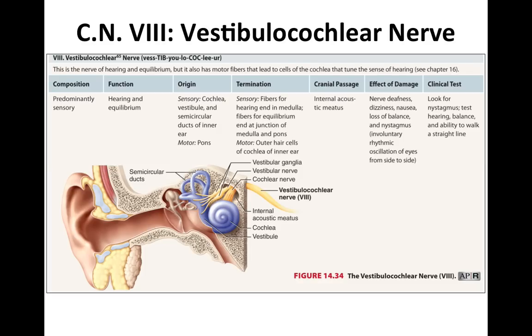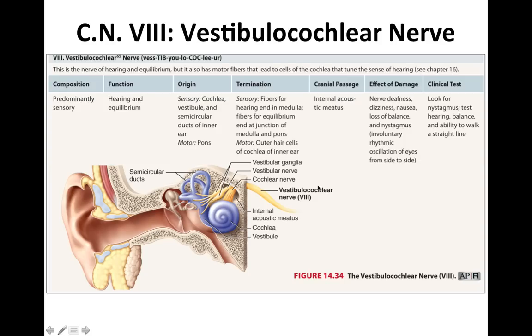So we move to cranial nerve number 8 now, the vestibulocochlear nerve. So this again is predominantly sensory as it's associated with hearing and equilibrium. So it originates here in the cochlea, which is the hearing component of its sensory capabilities. And then where it originates here at the vestibule and the semicircular ducts of the inner ear, that's what's associated with equilibrium. The minor motor compartment that we see here actually runs to hair cells within the cochlea, and these hair cells, once again, are going to be modifying the sensitivity of the sensory components there,